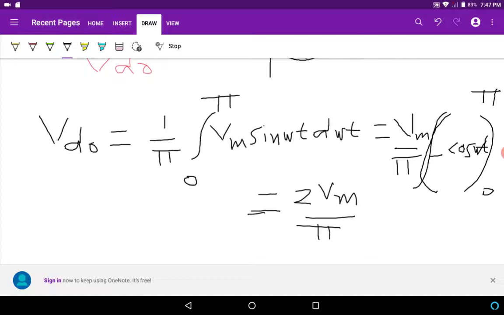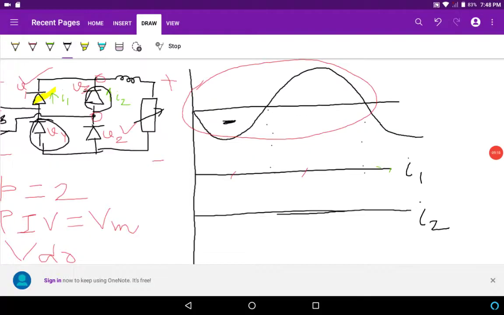Furthermore, we have to see the waveforms. I have shown you the voltage waveforms earlier. Now if you want to show the current waveforms, whenever I1 is on, that means valves V1 and V2 are conducting. So when valves V1 and V2 are conducting, I will get the current in this duration, from this point to this point. This will be a constant current ID, so I will be getting a waveform like this, which is ID.